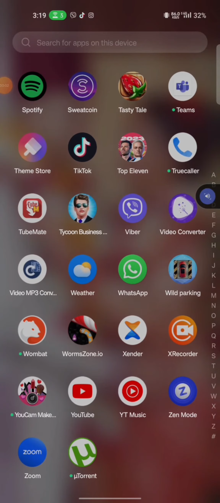In today's video, I'm going to show you how you can create your WhatsApp link quickly and easily, just in